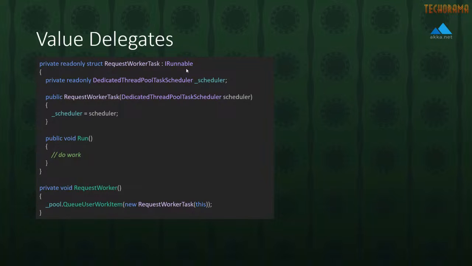Well, one thing you can do if you want to avoid heap allocations altogether is we can take an interface that has a generic method like Run on it, just a little void method. And rather than pass in a delegate, we can simply create a value type like a struct that'll go ahead and implement this interface method down here. And so this will still run the exact same way it would have before, but we're not allocating anything on the heap when we do this. We're only allocating stuff inside the stack when this is being executed.